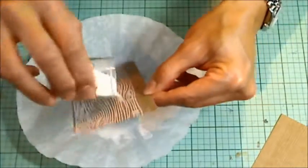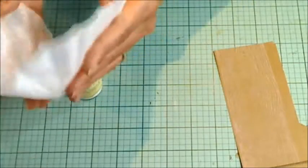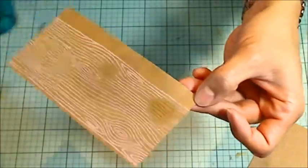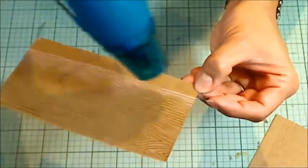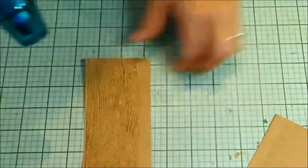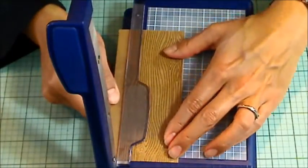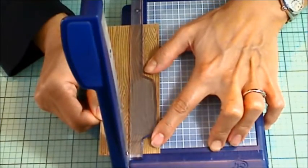Now I'm using some Recollections clear embossing powder, and I'm catching the excess in a coffee filter so that I can recapture that and save that back into the bottle. Now I've preheated my heat tool and I'm heating the back and the front because I don't want the cardstock to scorch and I don't want it to warp too badly. And heating it on the back and on the front ensures that. And I love how this clear embossing powder actually is very visible on the craft because the embossing powder makes it a little darker. I'm trimming off the excess and then cutting this strip in half